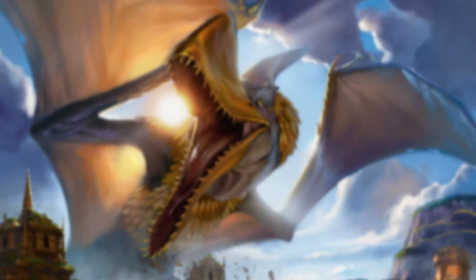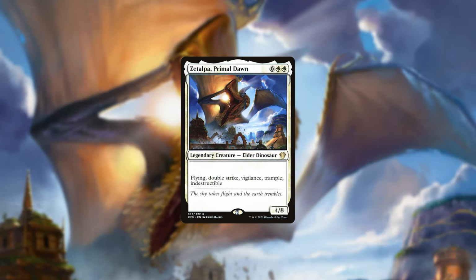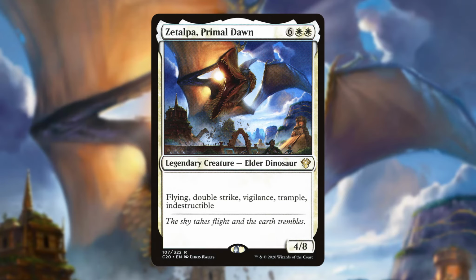Now for the big boy, the base that's only outshone by the creatures with hexproof because of how strong hexproof is. Zetalpa, Primal Dawn. Flying, Double Strike, Vigilance, Trample, and Indestructible. This card is the epitome of keyword soup, and mutating Vadrok under it will give your opponents a massive mountain to overcome. That said, since it lacks hexproof, it's easier to hit with removal, but it's still a mighty force